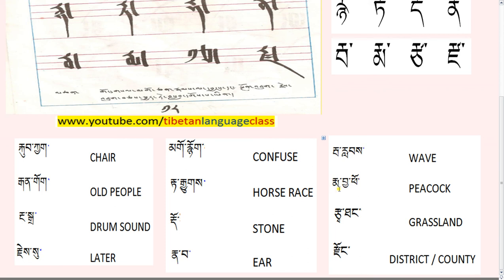But if just by itself, ra mapta ma by itself means a wound. So if you have a cut on your hand or a cut on your finger, and either a little blood or something is coming out, you could say ma. So this is wound, W-O-U-N-D, wound. So that's what ra mapta ma by itself means. But in this case, macha po means peacock.